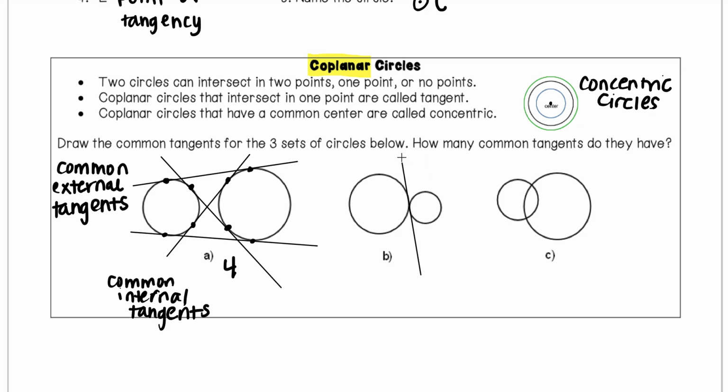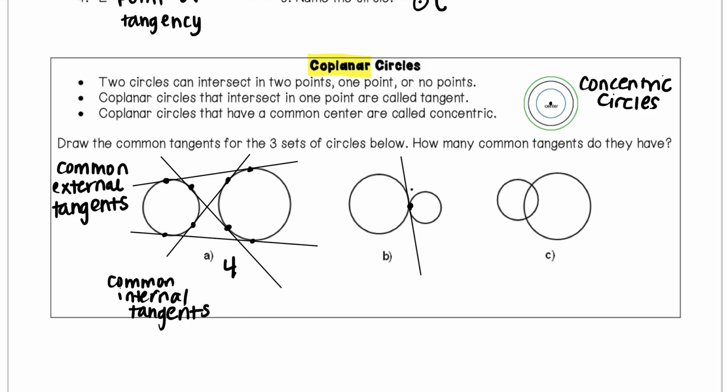And notice that that tangent has the same point of tangency for both circles. So that line is intersecting both of those circles where these circles themselves intersect. So it's still a tangent to both circles, but we can show that it's touching that one single point. So if I were to try to draw another tangent in between, it would still only touch at that one